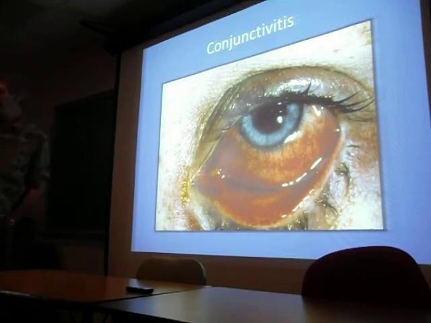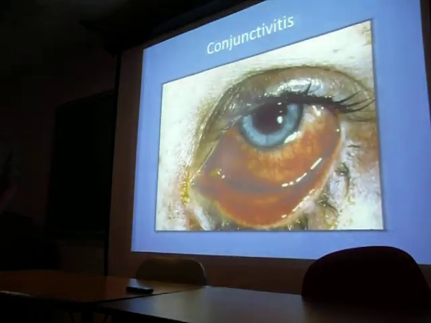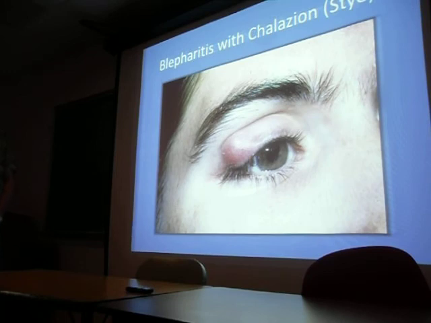Conjunctivitis, pink eye, bacterial or viral. You can see all the dilated blood vessels in the sclera, the white part of the eye. Is it bleeding? No, that's pus, crusty fluid over here. We all know this is a stye. Blepharitis tends to be an infection around the eye, like that. Palpebritis would be an infection of the eyelid, a chalazion would